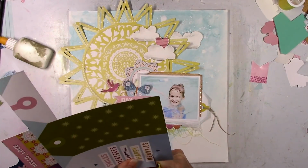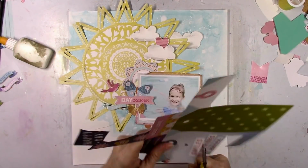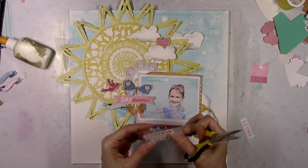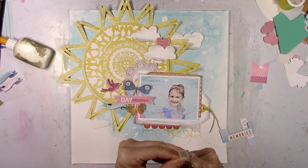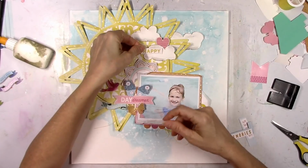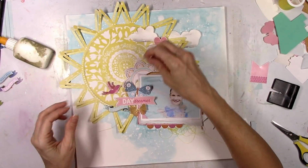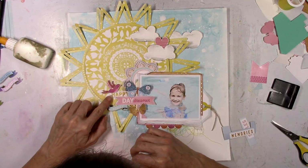Go back to paper 12. That paper has, I think I've used something from paper 12 on almost every layout that I've made with this collection, whether it be a tag or a title or a little word phrase, something or other. So that's what I'm going to use here. There's that one tag that has all these words on it. So I'm going to cut those out and see if I can make some of those work here and there